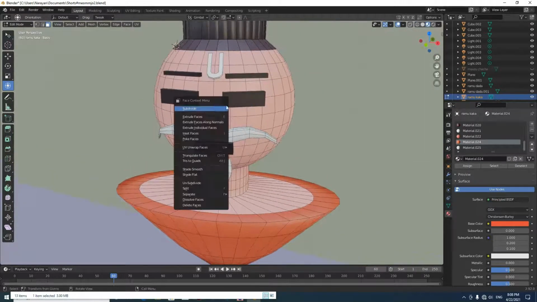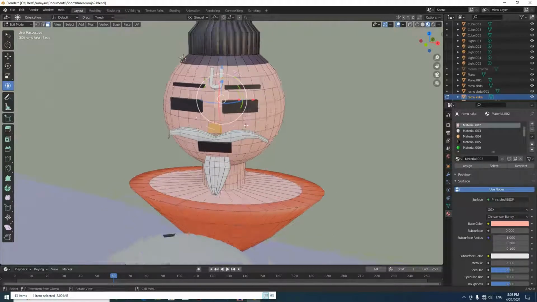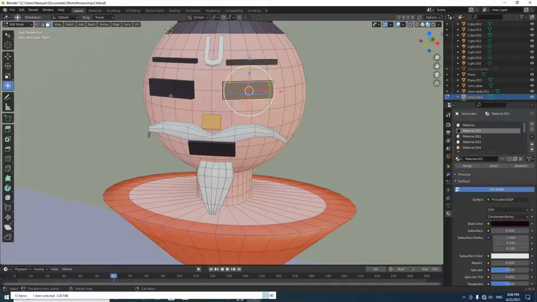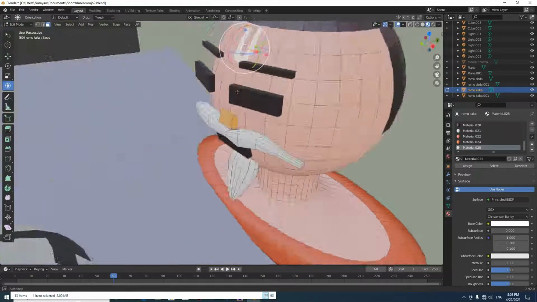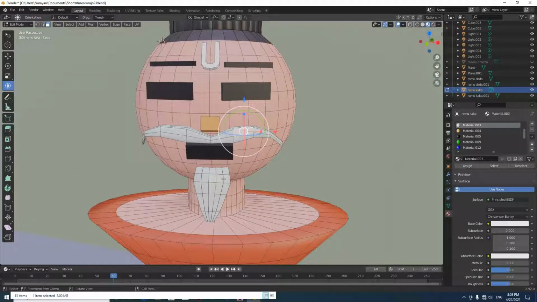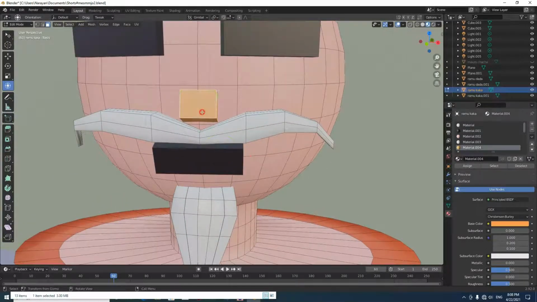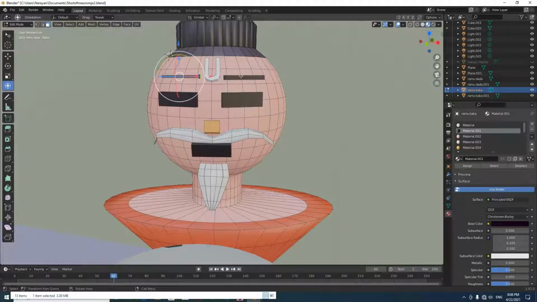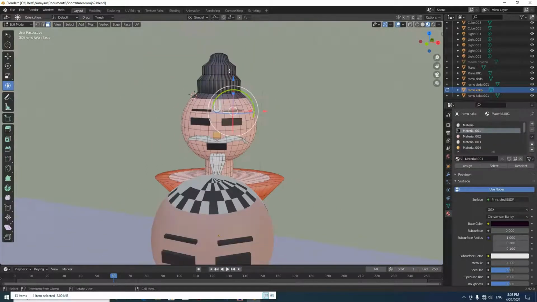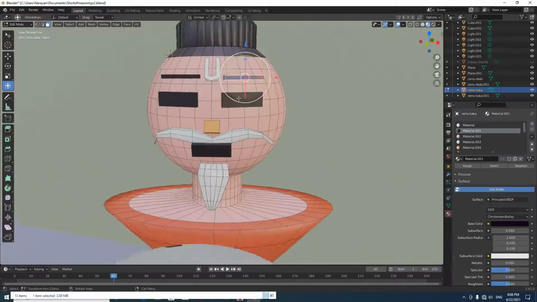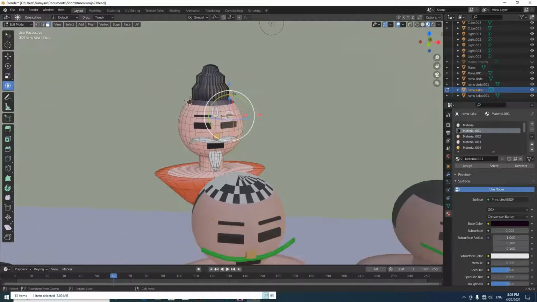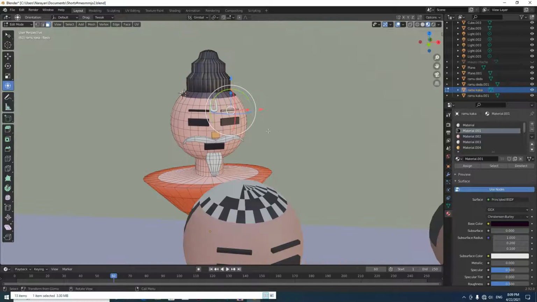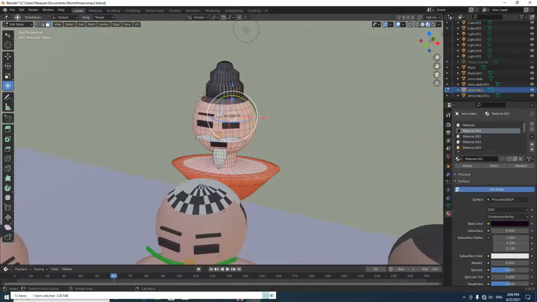We are going to start editing this character. We can edit because it is selected and in edit mode. You can see the name of every object. I am creating every object as a separate part. There is the mustache part, the beard part, the mouth part, the nose part, and the simple eye and eyebrow parts. This is the forehead part, and this is the hair. The hair is not really created, it is only a simple extrude in the upward direction and scale. But now we have to discuss scene topology.